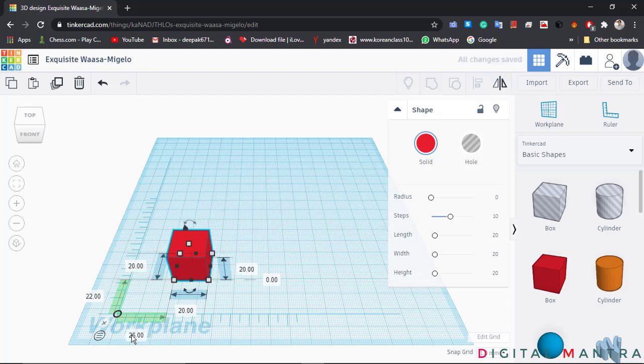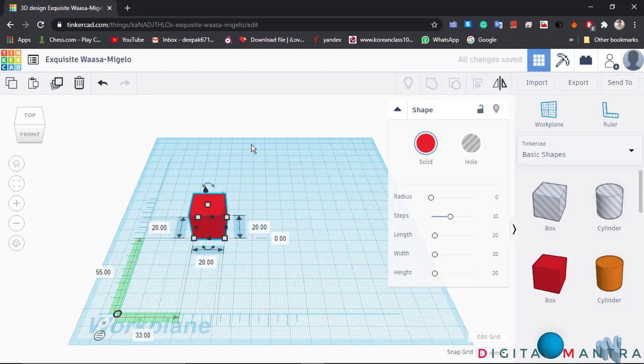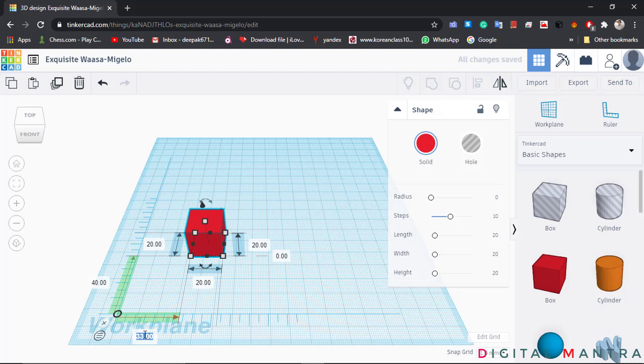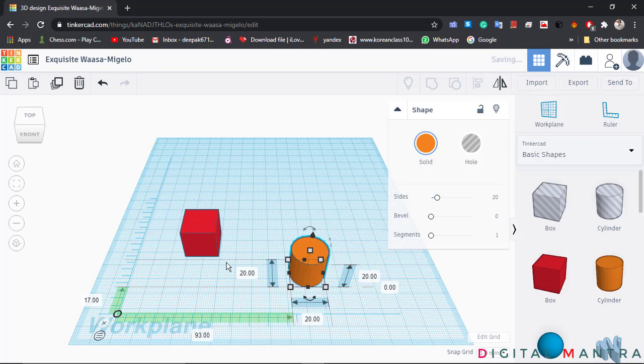You can drag it like this also, and the other application of these values provided here, 55 and 33, is that you can change the values. It means if you want to give it only 40, you can change the value to 40, and it will change the position. Same as that, you can make the value 30 here. So at the end we have this type of structure. If you want to drag a cylinder, the same thing will happen, but for this, first of all you need to select the shape, and then you can modify all these things.